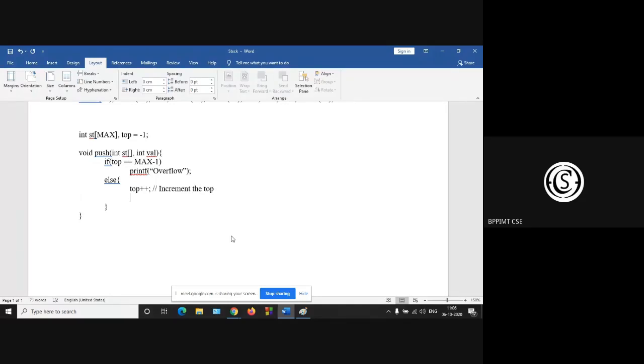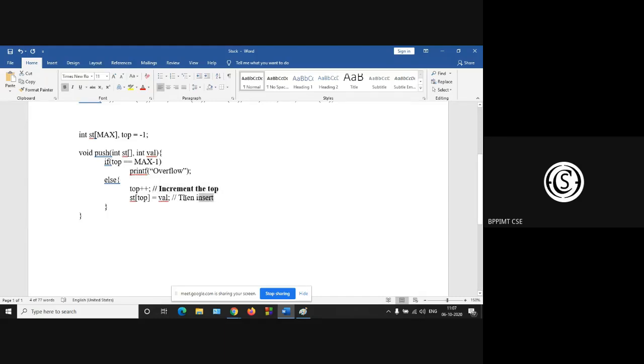Make a space for your new element, and then st top is equal to your value. Then insert. First increment the top. This is the main criteria. Then insert. Okay. So this is the push function.